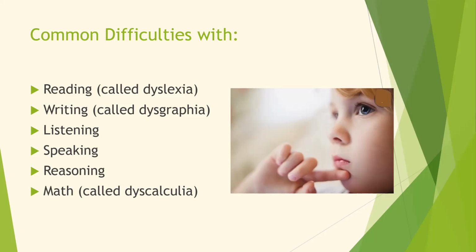Dysgraphia is closely linked with dyslexia. A child cannot create the proper letters to form the phonemes to make words. They have great difficulty translating what is in their heads to words on paper. The lack of ability to listen is closely tied to their inattention and inability to accurately perceive what is being said. They also struggle to verbalize their thoughts, ideas, and emotions.